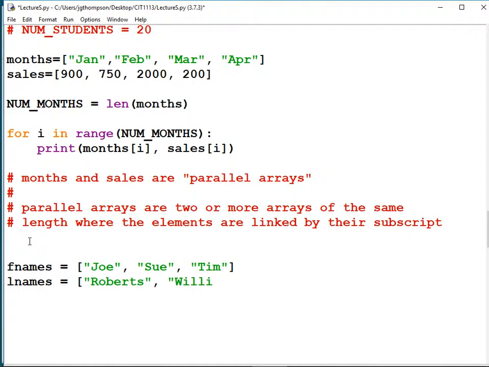Sue's last name is Williams, in quotes, comma. Tim's last name is Johnson. Needed quotes around it. Quote, Johnson, end quote, end square bracket. And their ages. Joe is 19 years old, Sue is 24, and Tim is 22.